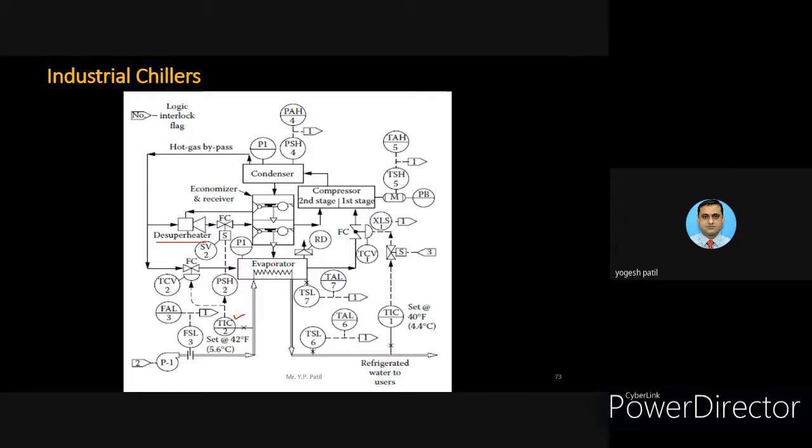on the outlet side, again the temperature is measured by this TIC1, and the set point is also mentioned over here for this particular temperature, that is 4.4 degrees Celsius. Then the output of this controller is used to control the discharge rate of the evaporator. So the evaporator discharges the vapor to the compressor, and that rate is controlled using this particular valve.